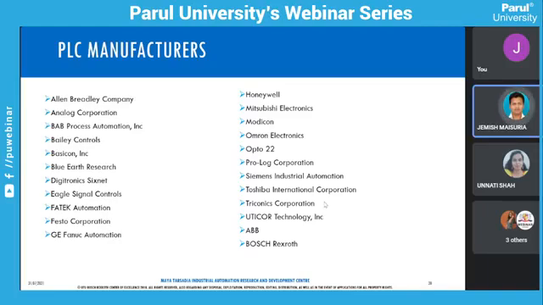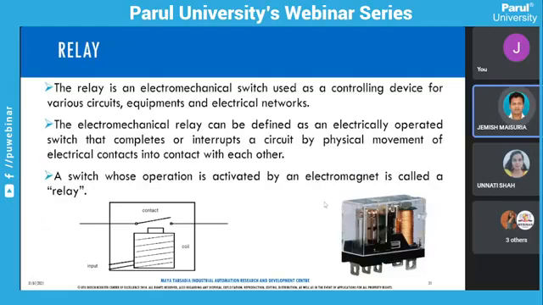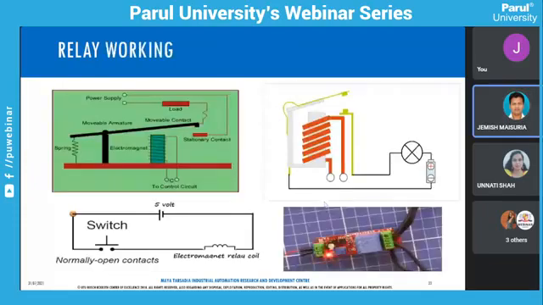As the PLC is replacing relay logic, we first have to understand what a relay is. A relay is an electromechanical switch which provides isolation between two circuits. In it, there is one coil and a contact. When you provide input to the coil, it generates a magnetic field, and through that magnetic field the contact is attracted and the relay is connected. So you can operate your device by providing input to the coil.